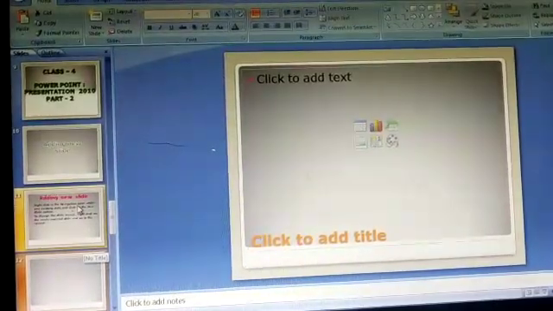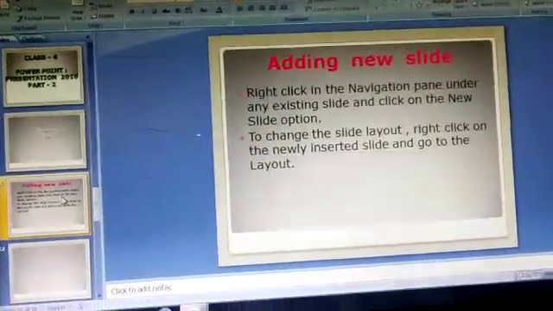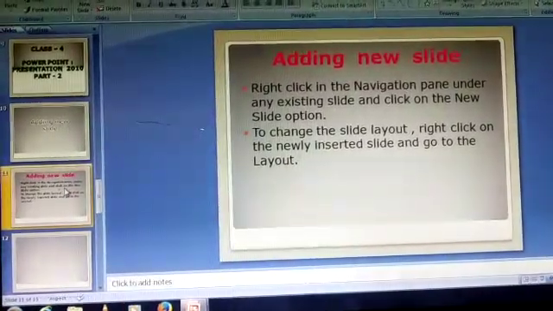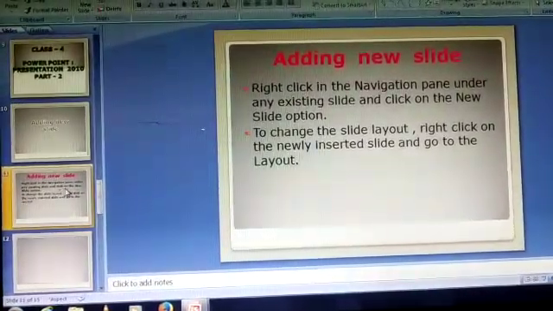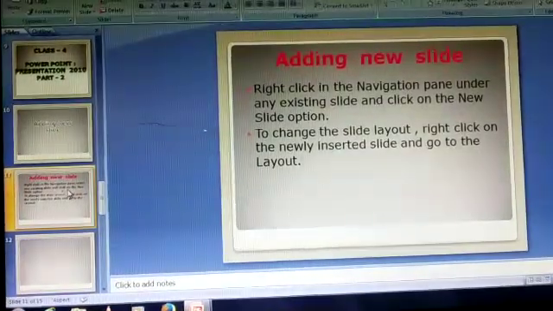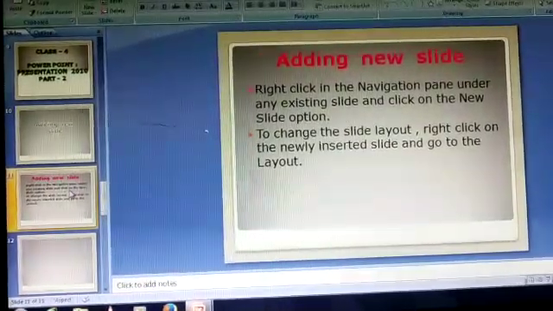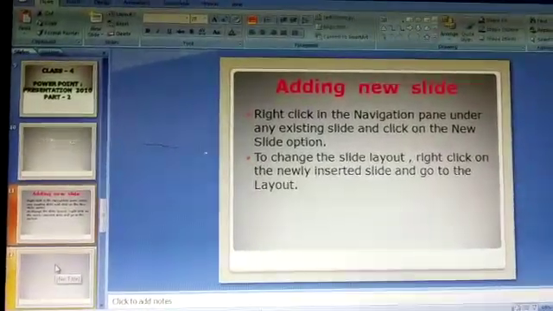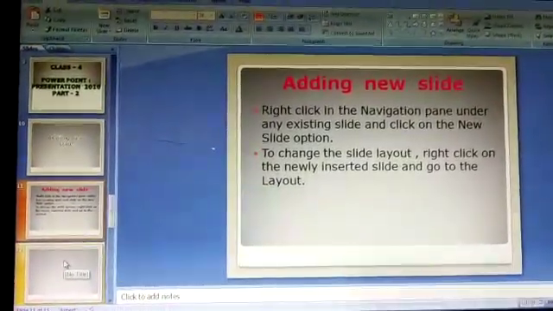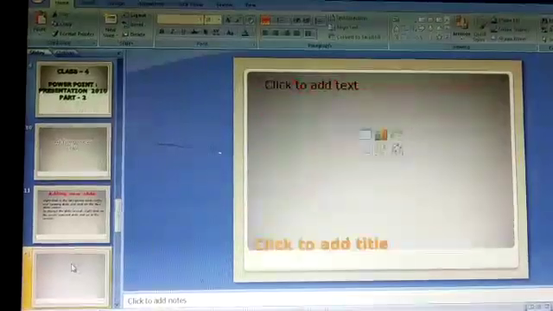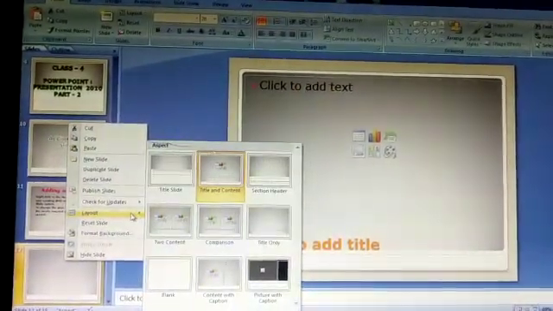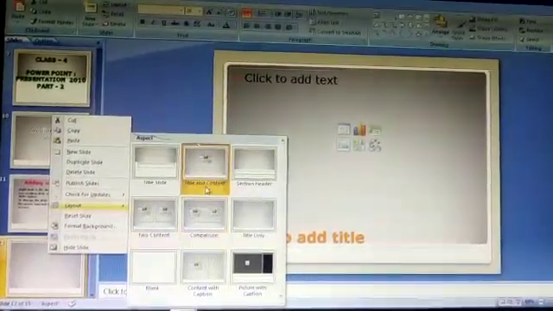Go to that previous page. Then to change the slide layout, right click on the newly inserted slide and go to layout. So many layouts are there.